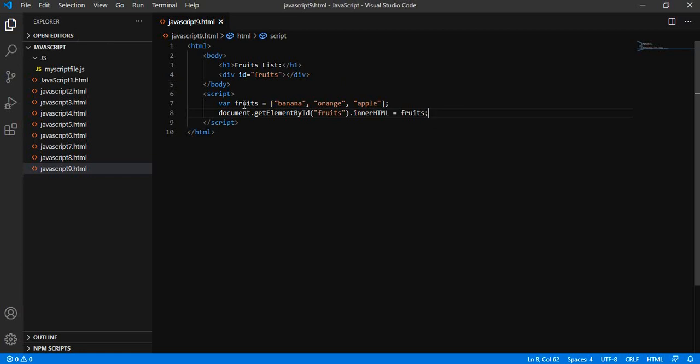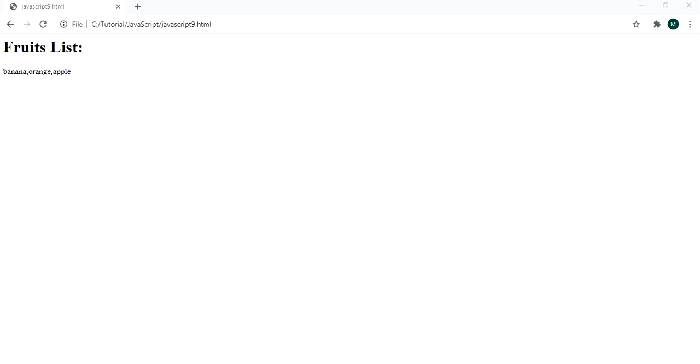Let us open the file in the browser and we will see the output. So these are the values, the list of values that we have given.